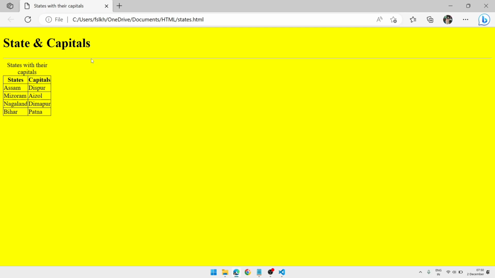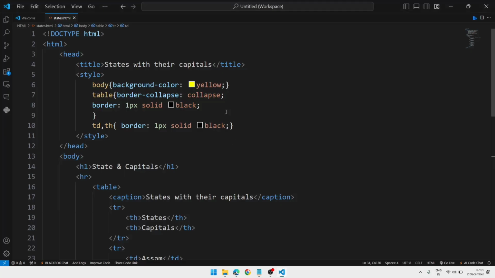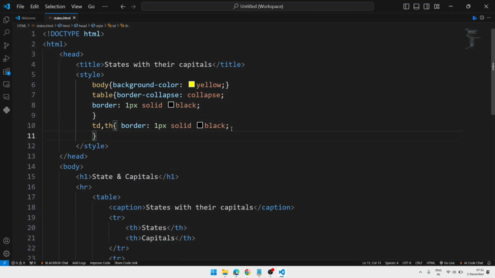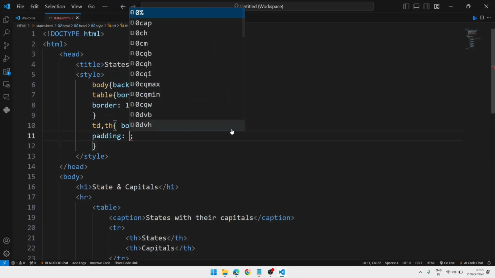So this is my output. You can see this will be the code to create this table, but if you want to put more modification, as you can see that table is congested. If you want to make it wide, you can write a few more lines of CSS, like here in td, th we can put padding, we can put 10 pixels,